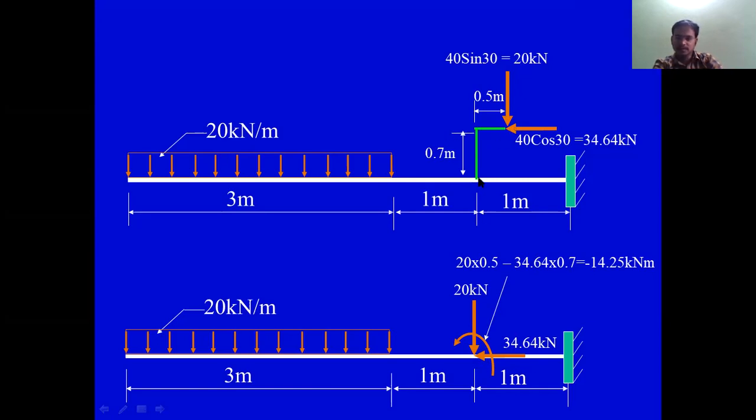You have a force here, one in this direction, the other in this direction. Because of these two, you have a moment effect. So these two forces can simply be transmitted to this point, with a couple effect because of the two resolved forces. So this is the final figure. Now, to this, we need to do the analysis.